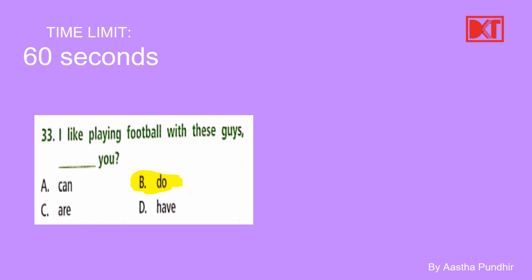Now कि मेरे को तो फुटबॉल पसंद है इन लोगों के साथ खेलना, तुम्हें भी पसंद है क्या? For that you ask do. For an action, do you as well. Can tells us ability, are tells us a state of being, and have tells us about possession. Alright, so the correct answer here is do. किसी action के लिए हम do use करते हैं. Alright,